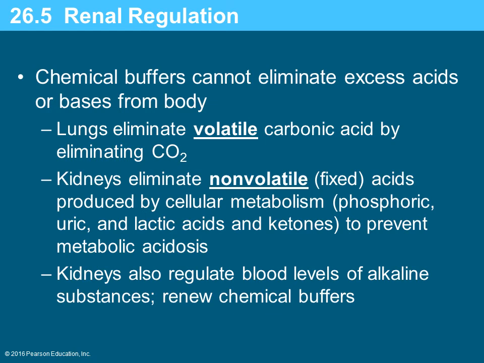Now, you can have the chemical buffers that can help try to regulate the pH. But if you have excess acid or excess bases in the body, the chemical buffers aren't going to be able to get rid of it. So now you're going to have to rely upon the kidneys to help get rid of these excess acids and bases. The lungs can only get rid of the volatile carbonic acid by releasing CO2, but they can't get rid of a non-volatile acid, say lactic acid, ketones. They can't get rid of that. So the kidneys are going to have to play a role,